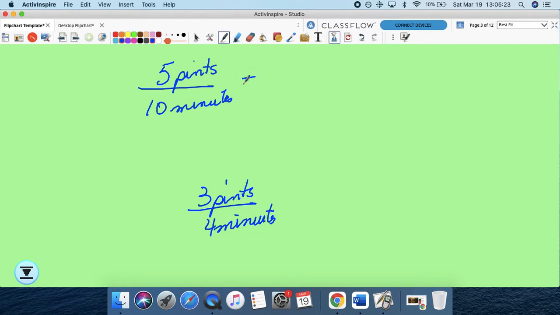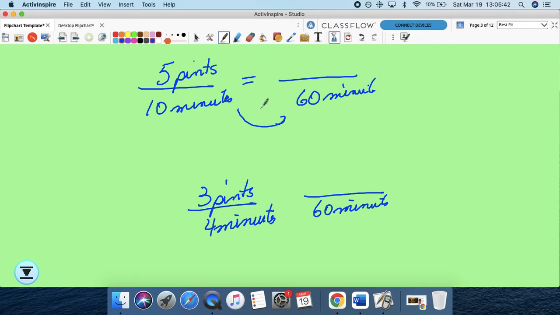Well, let's compare. I'm going to change both of them to 60 minutes. Actually, it could have been 40 minutes or 20 minutes, but I'm going to change it to 60 minutes because it's 1 hour. But if you want to change both to 20 minutes or both to 40 minutes, that would have been just fine. So times 6, and in 60 minutes or 1 hour, she can do 30 pints in the morning. In the afternoon, it's times 15,